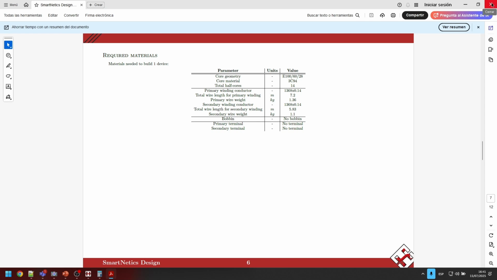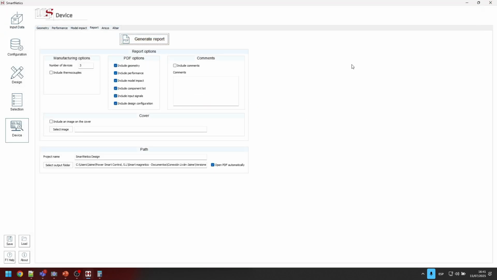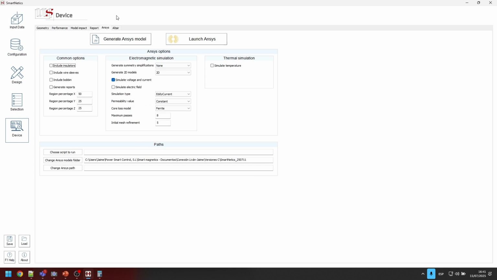So this way you can reproduce your design, check if you can use the same design in a different project, and the last thing you can do is, without knowing anything about 3D tools or finite element tools, we provide the option for the user to export to finite element tools on demand. ANSYS, you can export to ANSYS Maxwell for the electromagnetic analysis, or ANSYS Icepak for the thermal analysis.